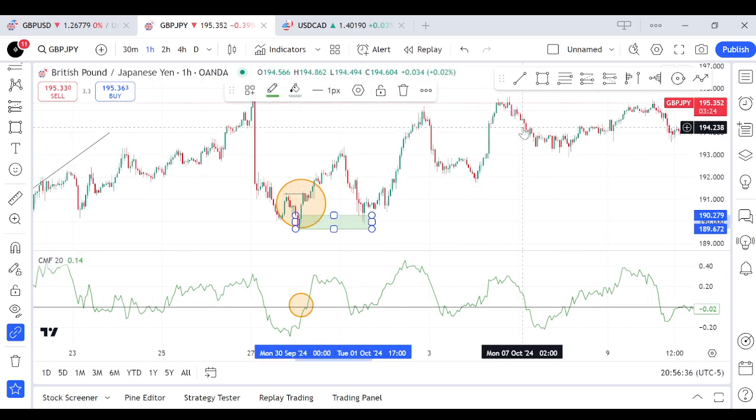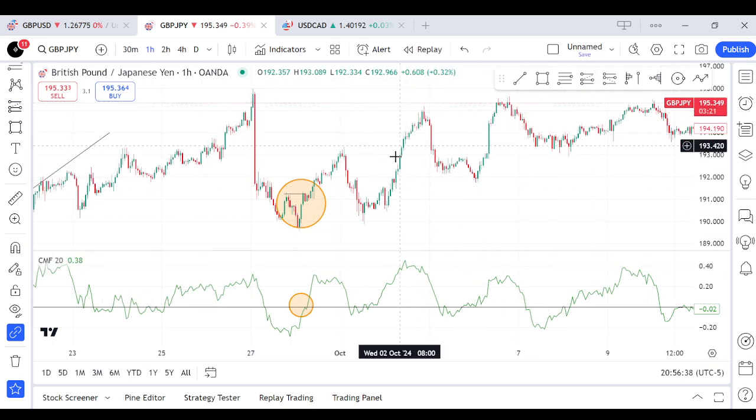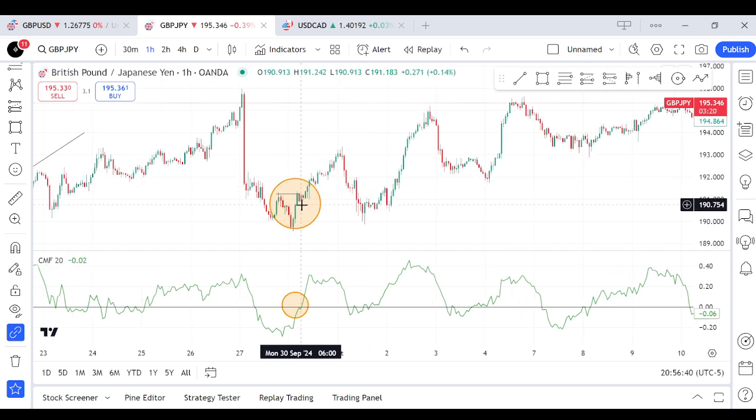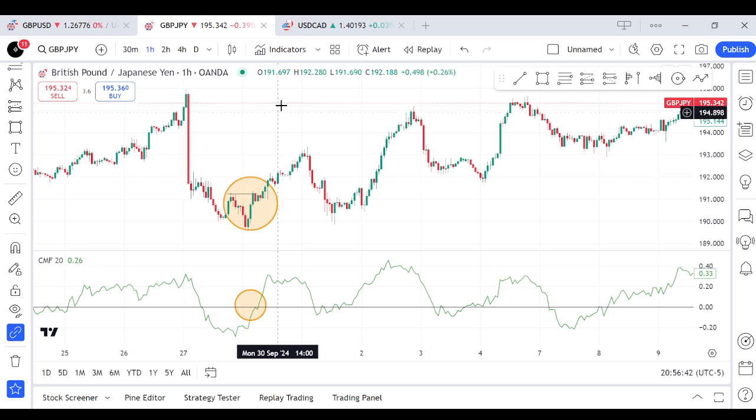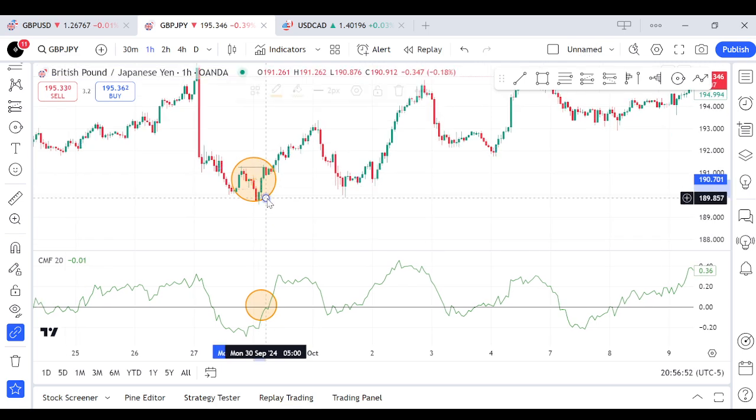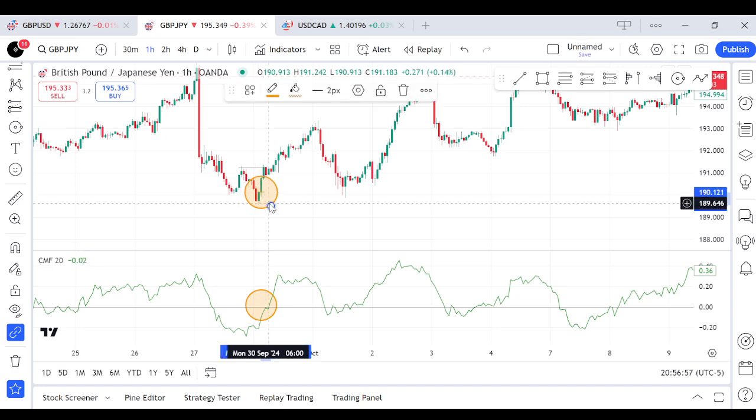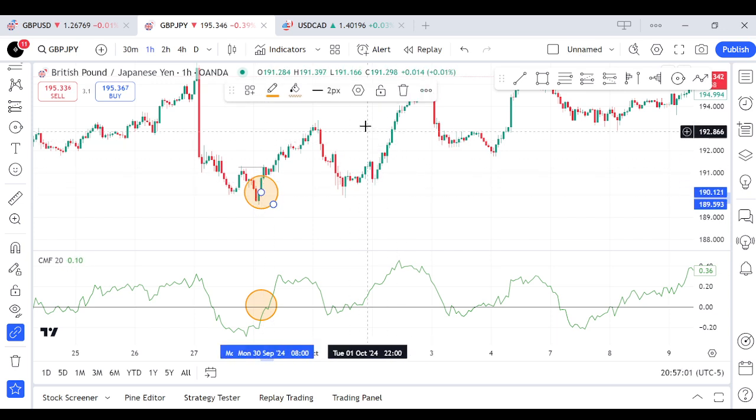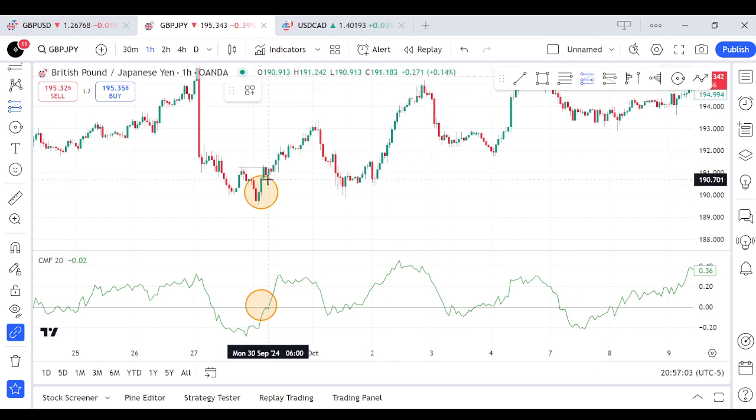Or you could use chart patterns. You can see price giving us this morning star candlestick pattern right here. This has a large red candle followed by this green candle in the middle, then a green candle which engulfs both candles right here, and that gives us a confirmation to buy